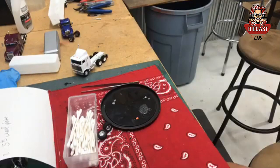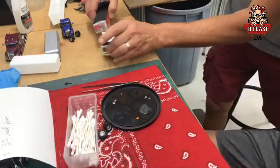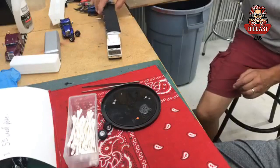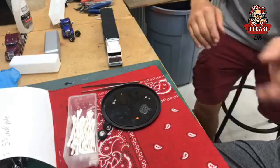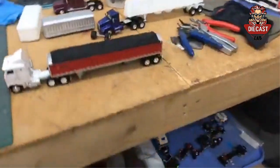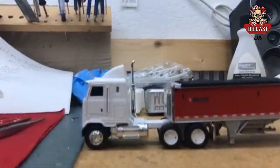Let me get a DCP trailer, and then we'll take them for a quick ride. I like it. Okay, we're gonna add this here. That sets pretty low. Yes, it does, and that's why we're gonna fix this. Okay, the reason we're adding an aftermarket fifth wheel plate to this Ertl truck is because Ertl